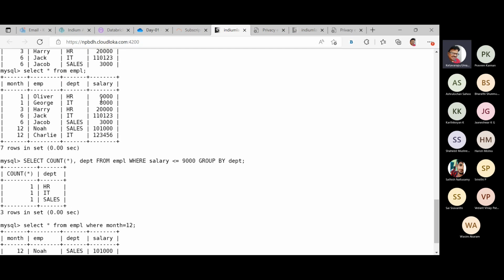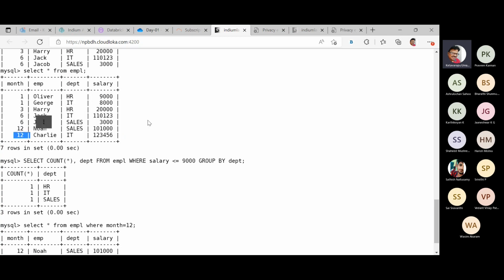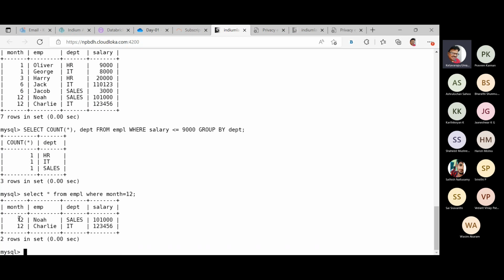It is manually checking every record, and whenever I get month equal to 12, then only it is going to return the appropriate records. That means I am working on a number of records, and those particular records are